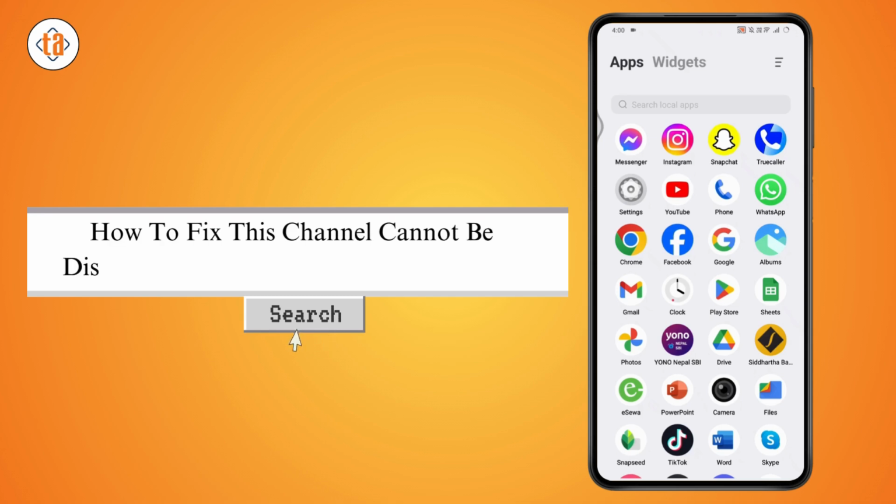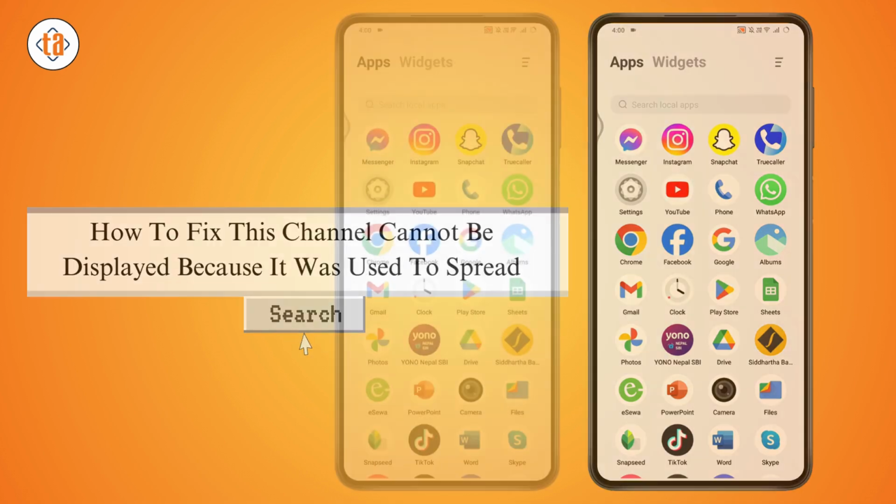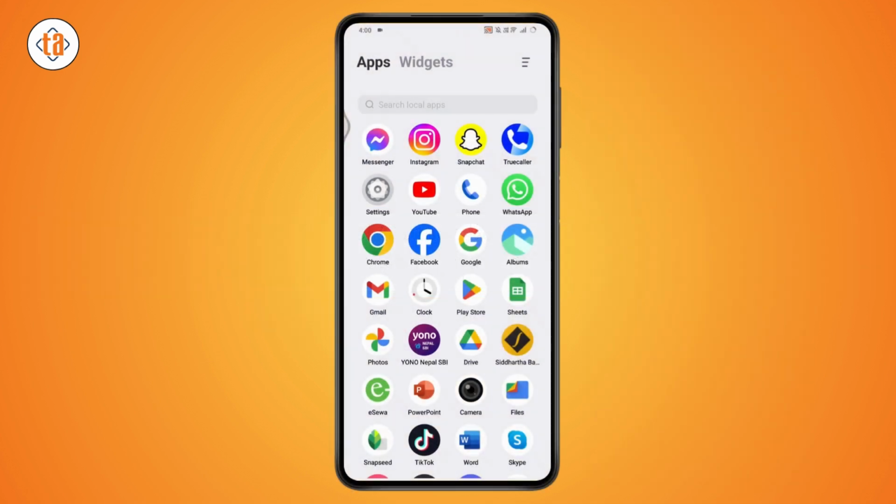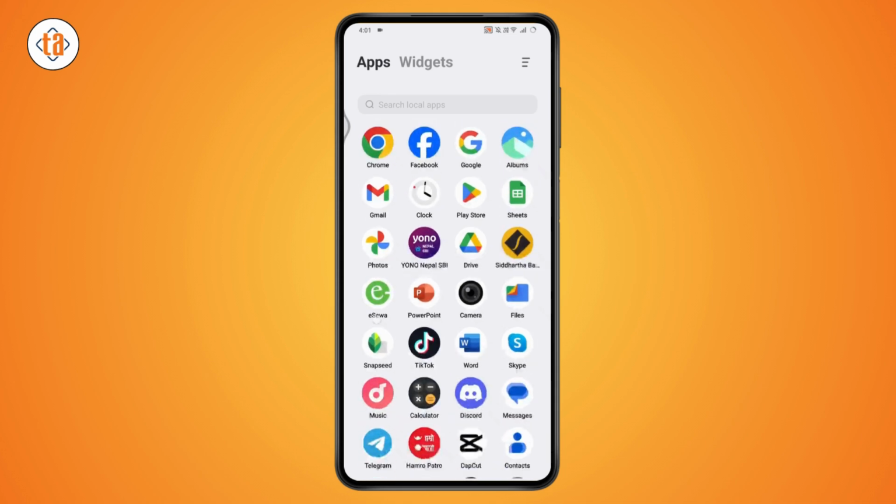How to fix "This channel cannot be displayed because it was used to spread..." So if you want to fix the Telegram not available problem, there are a few steps. The first thing you need to do is open up your